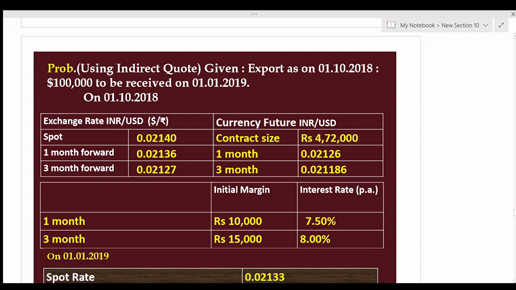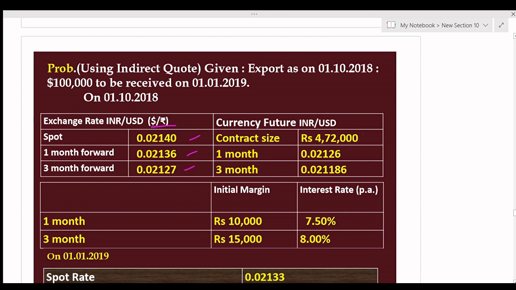Now come to indirect quote. Previously I used direct quote. Here it is indirect quote. All are the same, just the exchange rates are converted to indirect quote. Exchange rate INR USD, that is dollar per rupee. Previously it was rupees per dollar. Now spot rate is given, 1 month forward is given, 3 month forward is given. This is important, and will be taken to find out the total amount received by the exporter